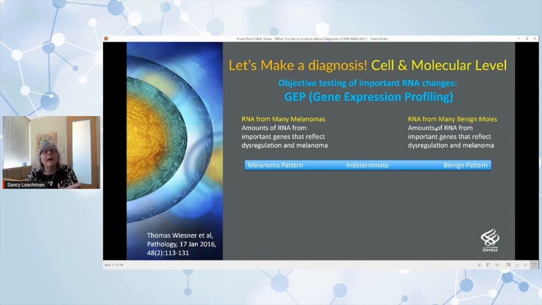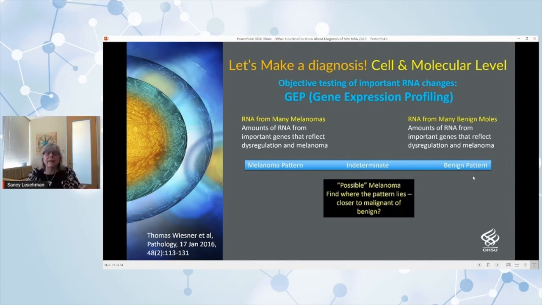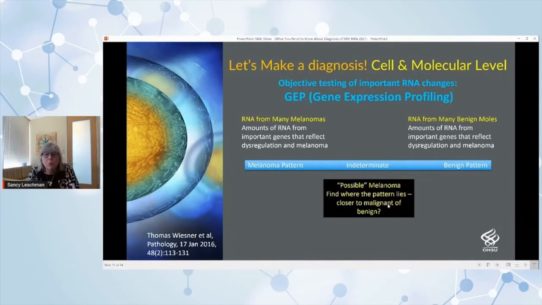And then they said, okay, these are the genes that we think are going to be the best markers to determine if those levels change, that it's either a melanoma or it's not a melanoma. So now you take the possible melanoma that we looked at from the beginning, and you say, where does the expression of those 20 to 30 RNAs, which pattern does it look most like? Does it look like a melanoma, or does it look like a benign mole? And that's where you get even more information about whether or not your questionable mole is really a melanoma or